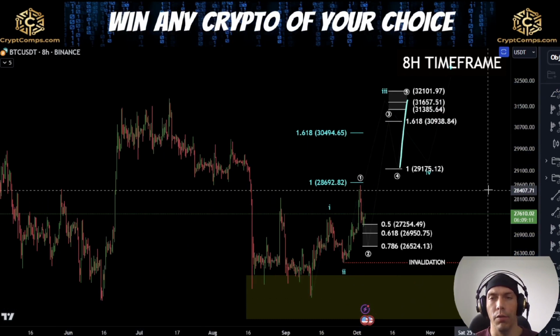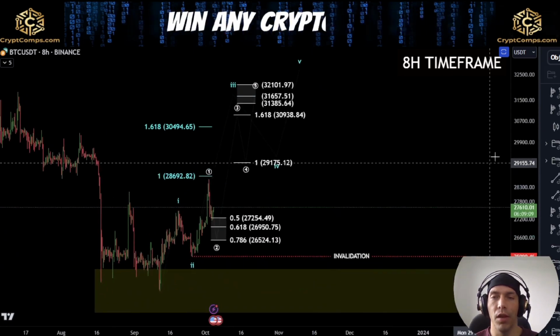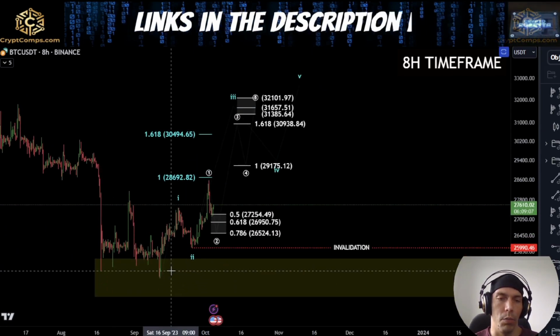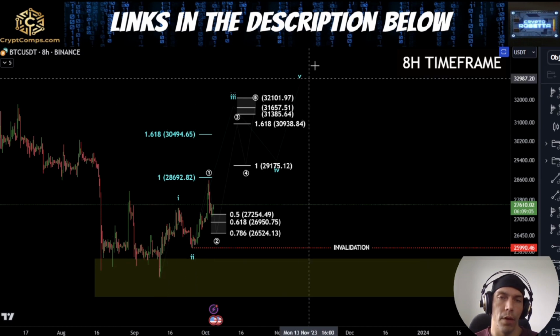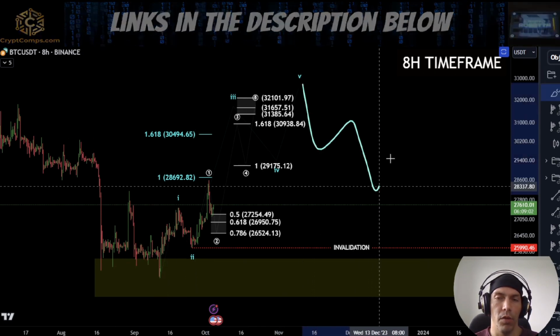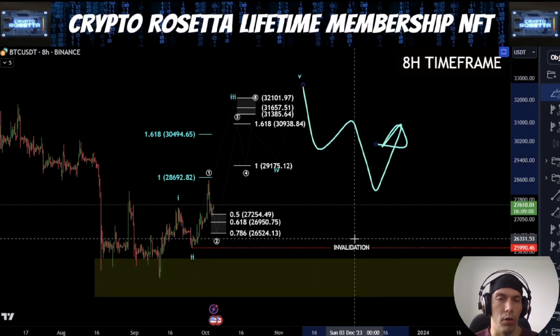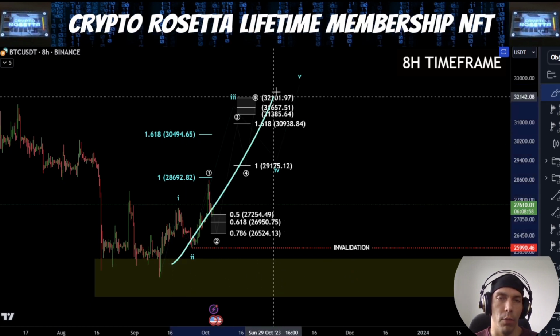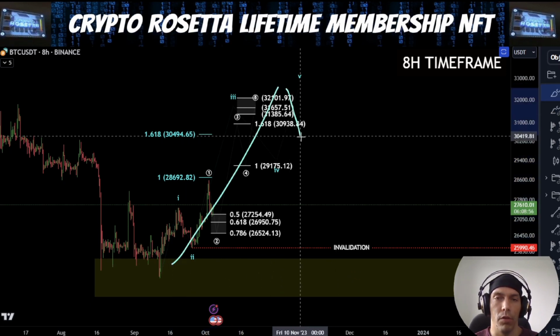Now if we did see a 5 wave move develop like this to the upside, the key thing here is going to be what happens next. If we develop 5 waves up and we get 3 waves down, potentially then we can be looking for that continuation. If, however, we get a 5 wave move to the upside here, and then we start to break down